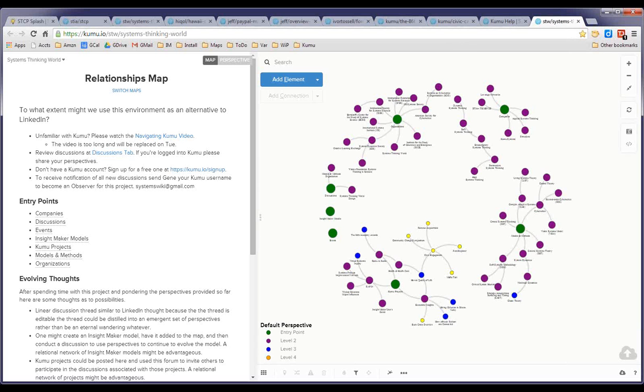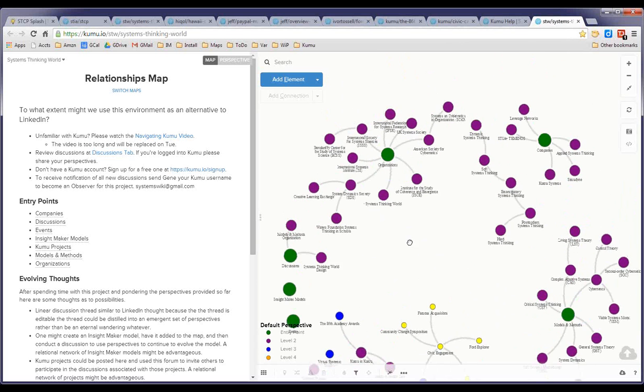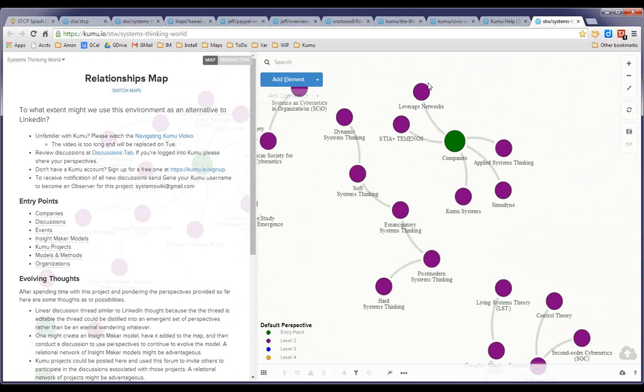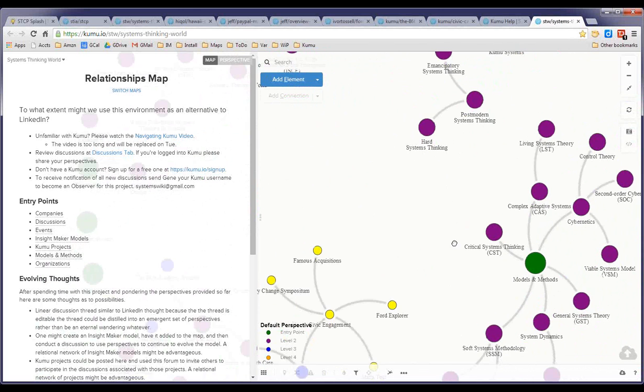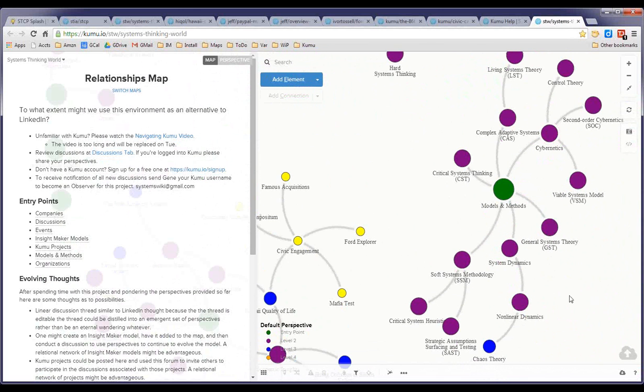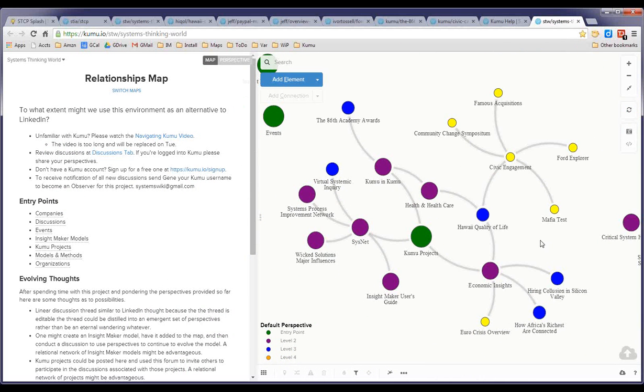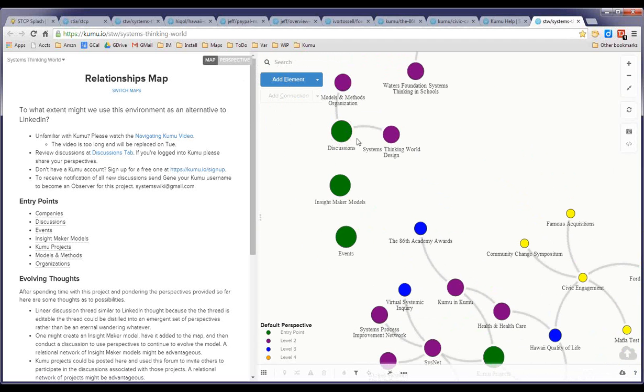So I threw this together with several segments, one being all of the systems thinking related organizations that I knew about, and one being a number of companies that I knew about that were active in the arena. Another segment being all of the models and methods that propose to embrace the systemic paradigm, and then a whole bunch of maps or Kumu projects that I'm aware of, and another segment for discussions, and another segment that I think seems to be appropriate for Insight Maker models, where